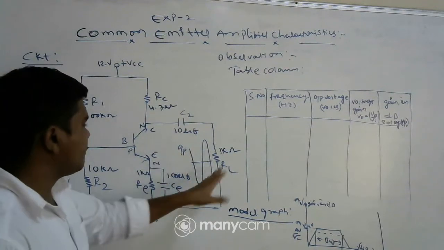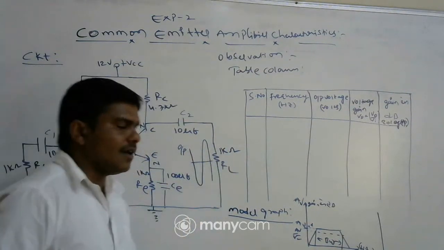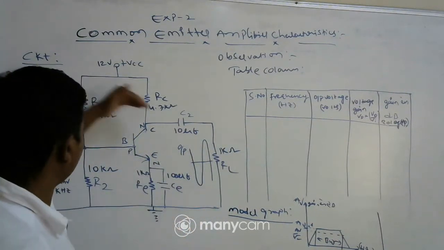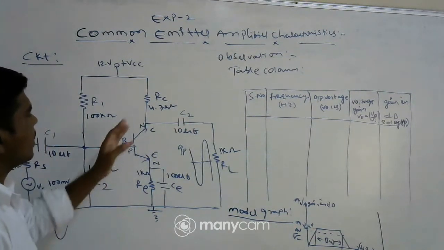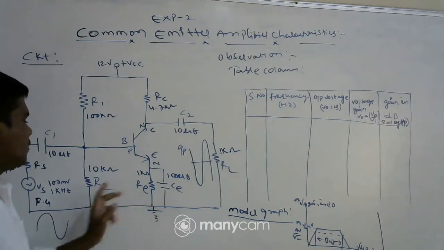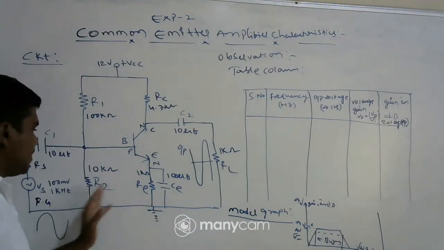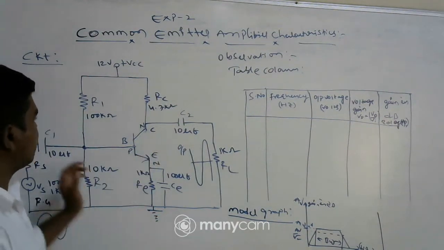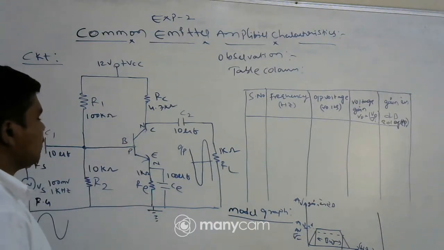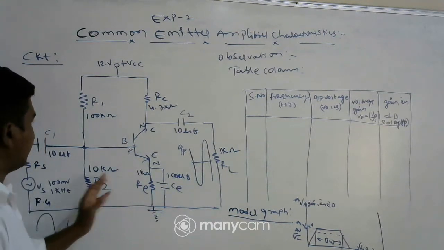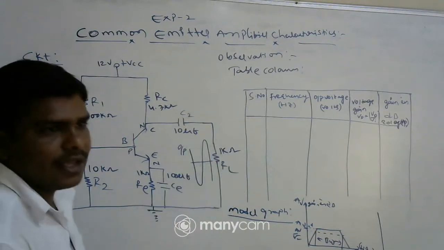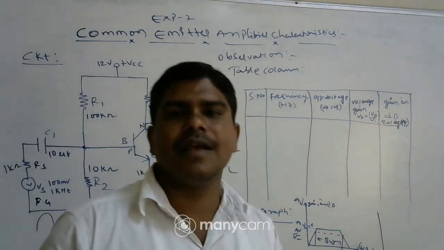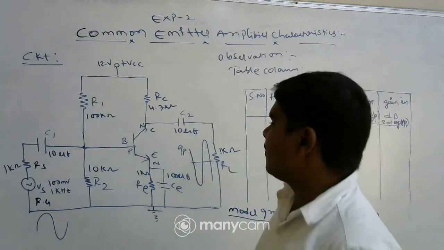Okay, and finally the load resistor is 1 kilo ohm. So these are the circuit specifications, and to design the common emitter amplifier using voltage divider bias, we have to take the appropriate components. Make sure the values are correct, because if any value is different here, ultimately the effect goes on the amplified signal.